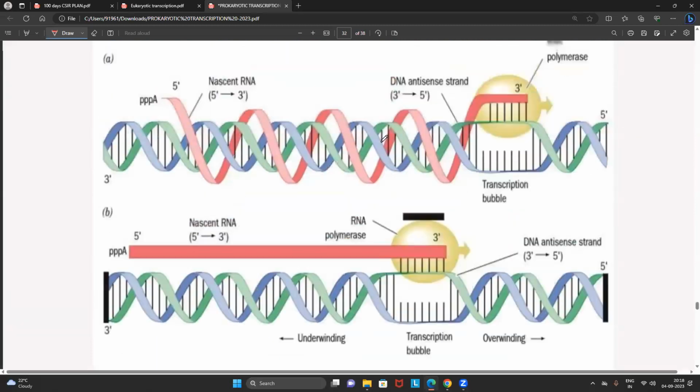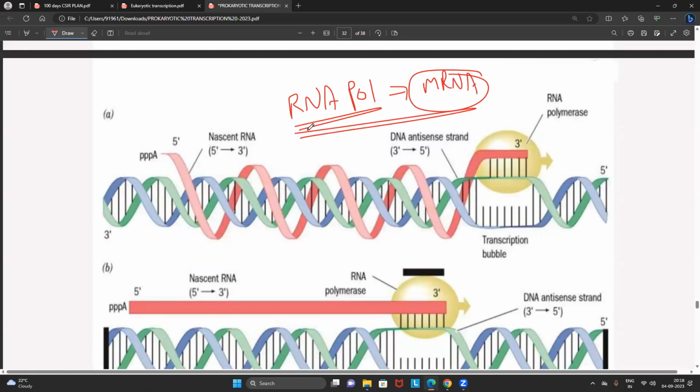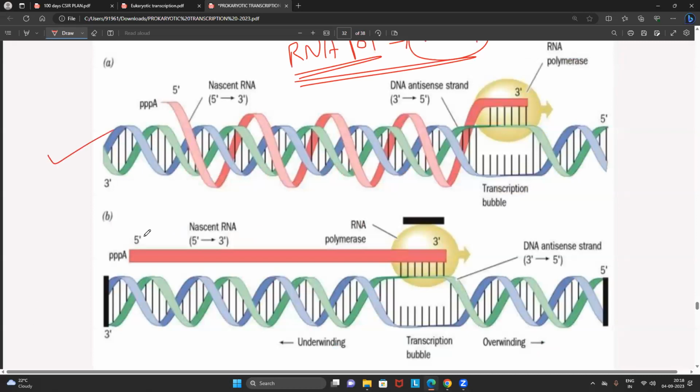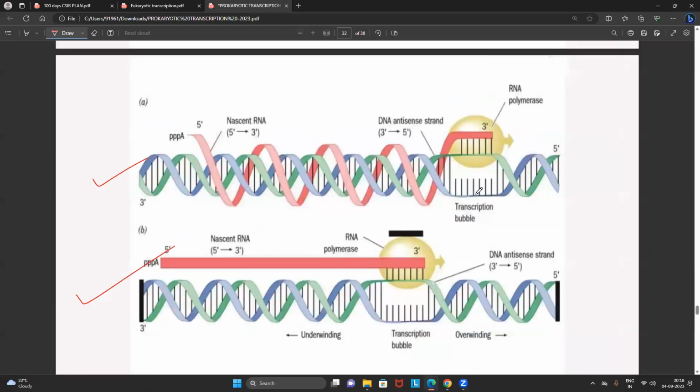Now, friends, listen, all the students understand. In order to explain how exactly the RNA polymerase enzyme synthesizes the mRNA, two models were proposed. Now you people have to tell me which model is the idealized model, which model is the accurate model. Now all the students look into the diagram very carefully and try to understand what exactly I'm saying to all of you. According to the first model, this is the first model.